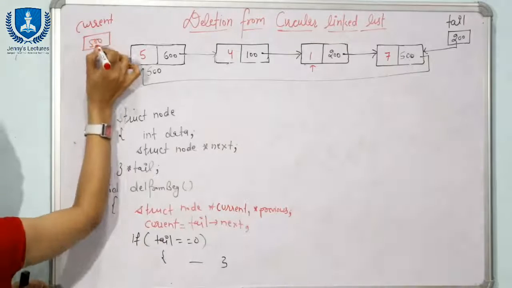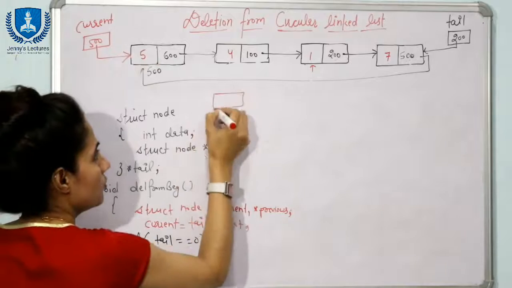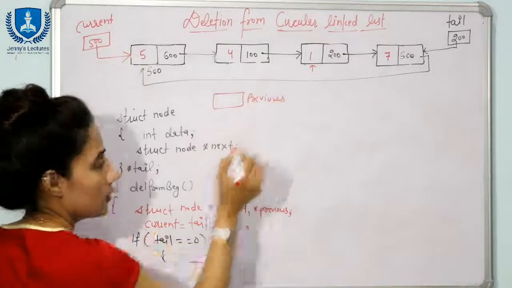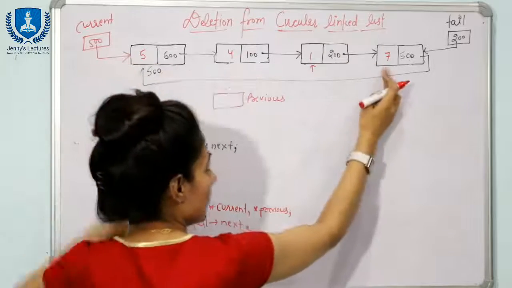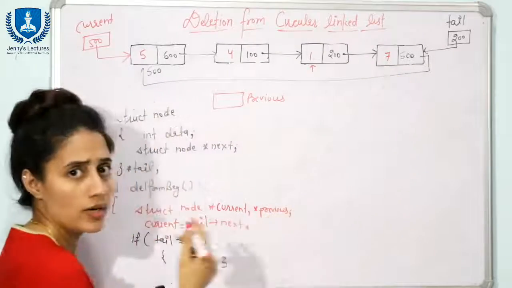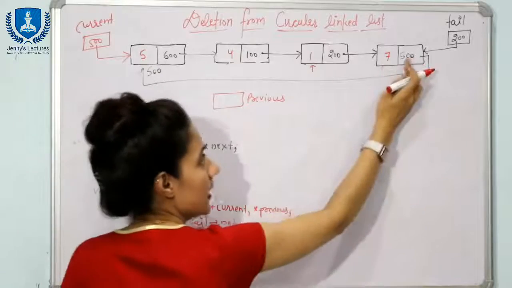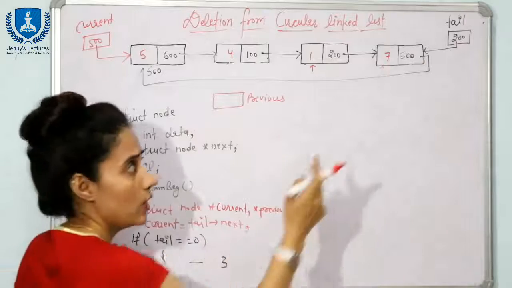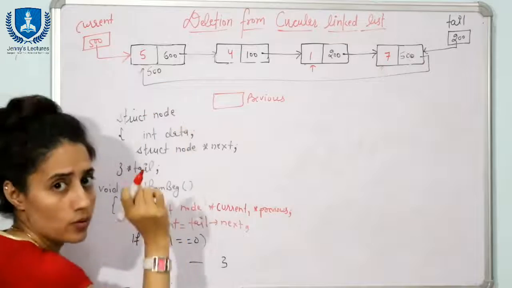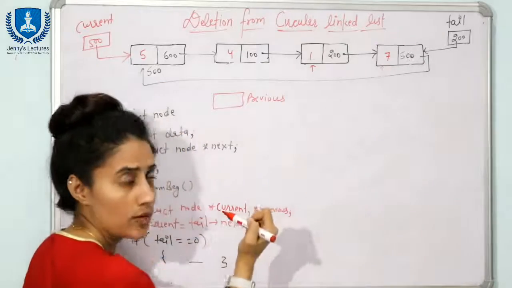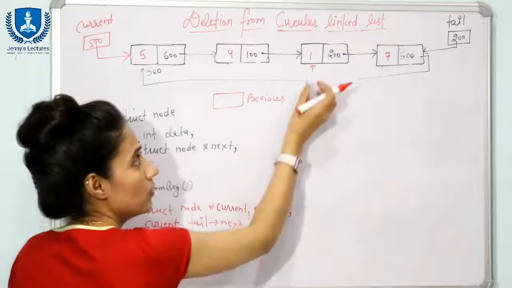So in current we have 500, that is, current is pointing to this node, right? And we have another pointer that is previous, right? So we will move this current. First current is this, then this, then this, and then this, and here we are going to stop, because the termination condition is only this condition. Once current of next becomes tail of next, it means we have reached the last node, because tail of next always contains the address of the first node, right? It means this is the last node, and obviously we are going to store the address of this node also. So in the previous pointer we will store the address of this node.